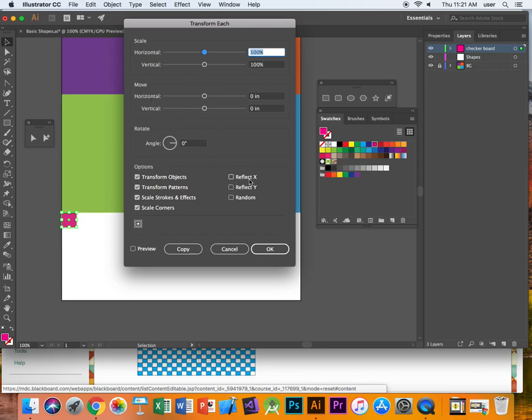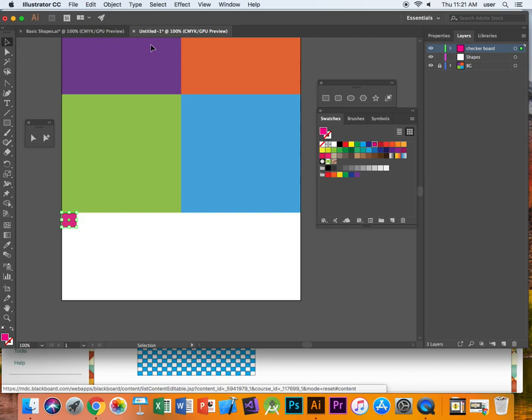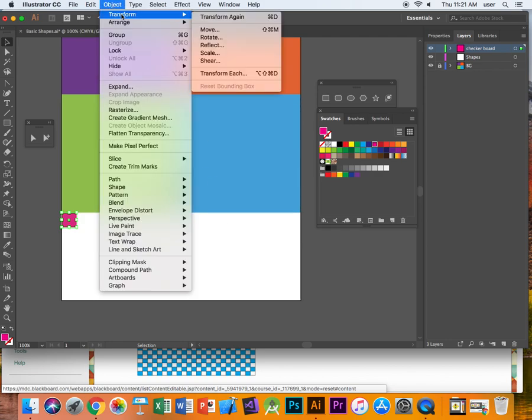I could reflect it on the X, I can reflect it on the Y, I could even make it a little bit more random. I can scale all these different things. Now, let's push cancel real quick. I just wanted to show you this transform each, because this is what we'll do when we want to apply multiple actions to the same object. I'm going to press cancel, and under object and transform move,